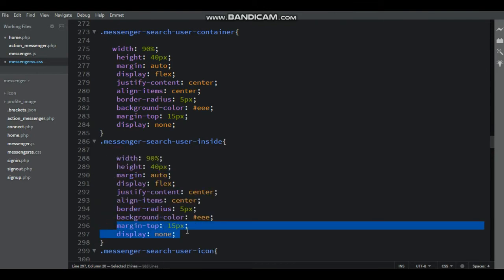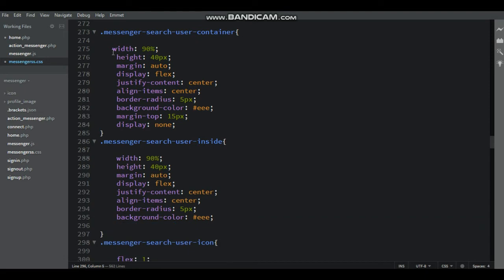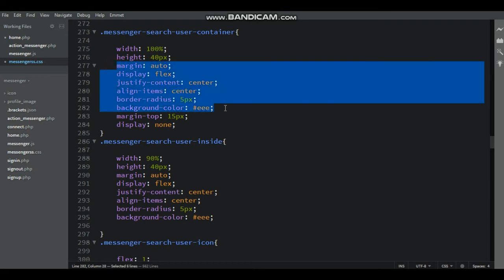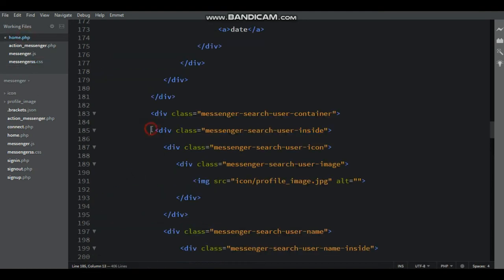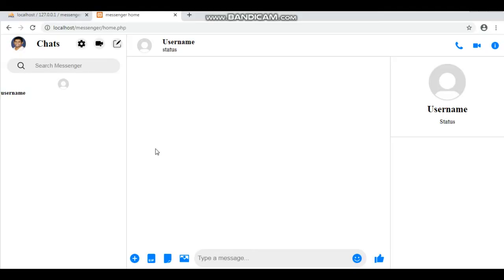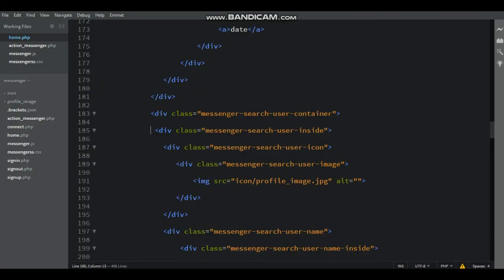Here remove the margin top, display none, and then here also messenger search user container, changes width is 100%, margin top 15px, display none, height 40px. Now save and refresh the browser. Now focus the input field. Here that is search user show, chat user hide.